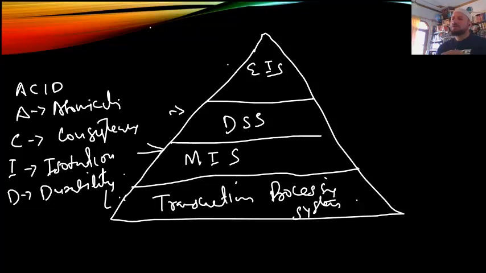The first thing is atomicity. Atomicity means that if you start a transaction, it should be all or none. All the things in this transaction should be completed in full, or it will roll back. If a little bit is left out, it will roll back to zero, as if it has not been done. So you have to do it in entirety. If there are some glitches, it doesn't happen half; it has to happen in full.